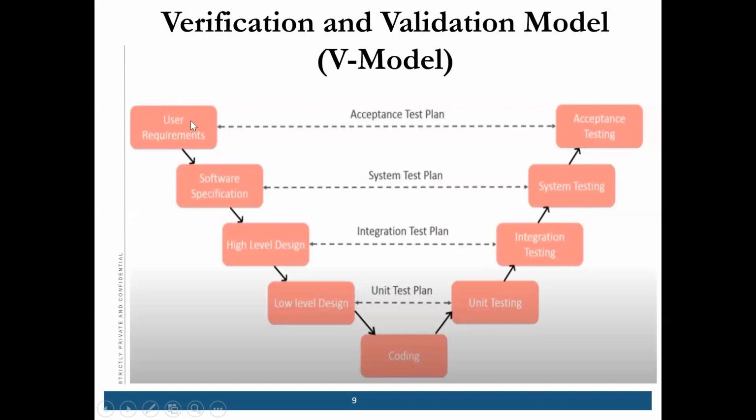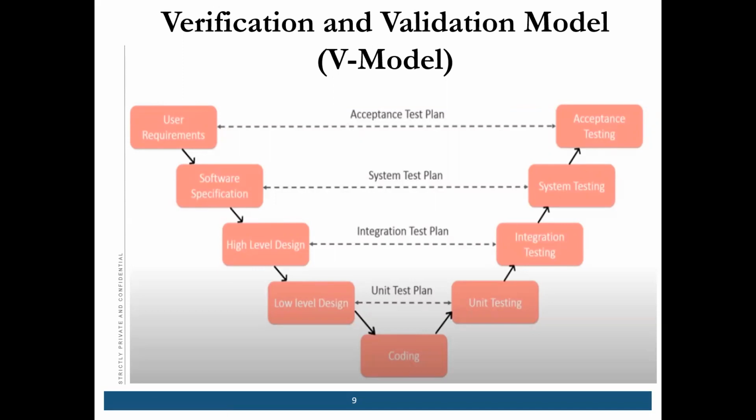At the same time, when the managers and all the stakeholders are gathering the requirements, that time you create your user acceptance test cases. So this is all about the UAT phase. Now, talking about the software specification, a high level design of the software is built, correct? I told you that there is a high level design and a low level design. In the design phase, there are two steps: high level design and low level design.